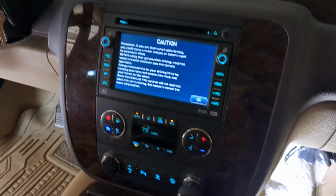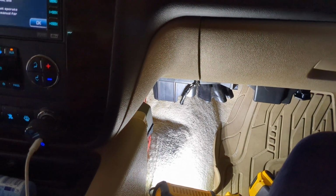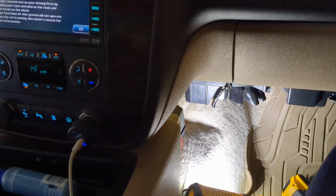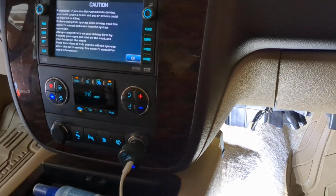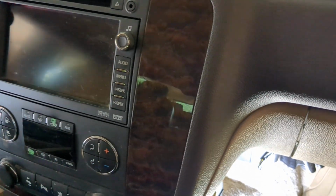So the problem we actually had, after buying 3 actuators, my theory was that the actuator was not working, and the system was sensing that it wasn't working, essentially throwing an internal error and then not responding to any of the inputs. But as it turns out, that is not the problem. So I'm going to jump to the outside of the car, and I found this out after doing many